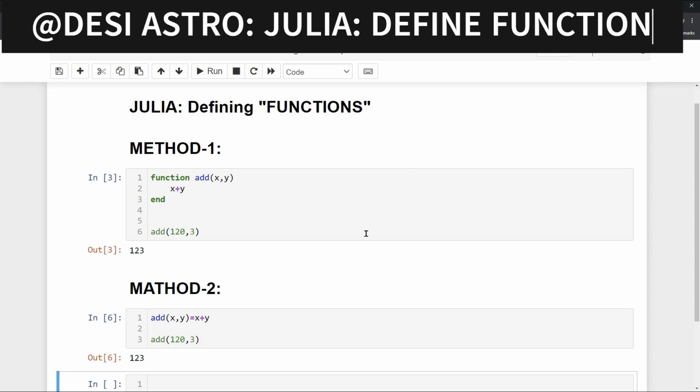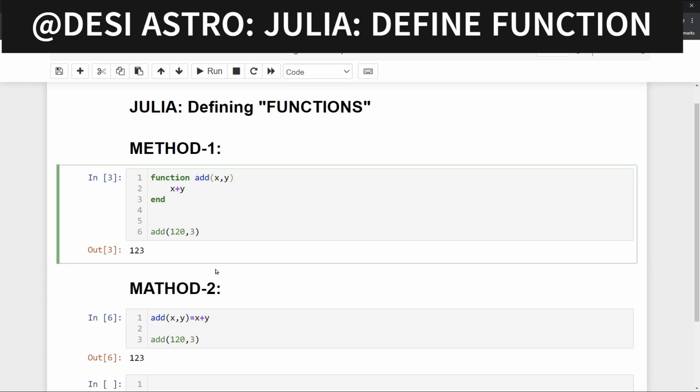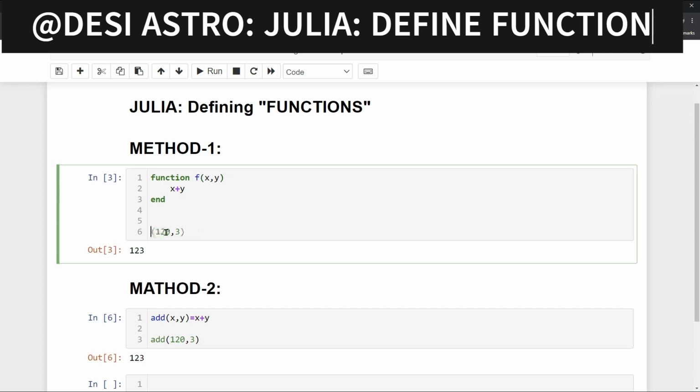So I hope you got the idea of how to define a function in Julia. You can give any expression here, say just call it f, and here f. So if you want to multiply it, if you run it, it will give a different value. You can divide it,